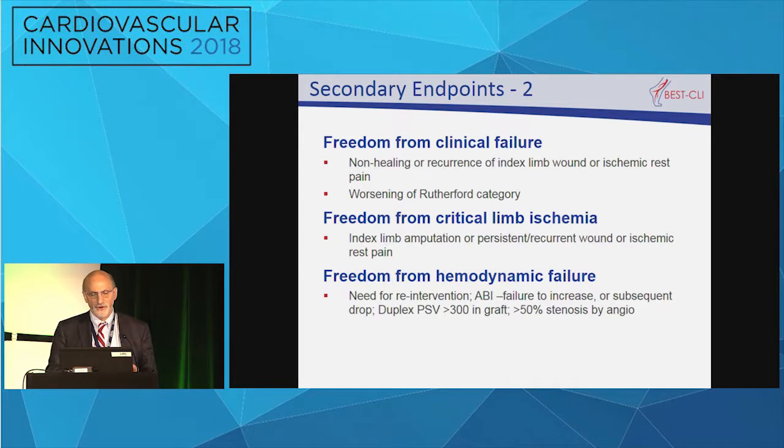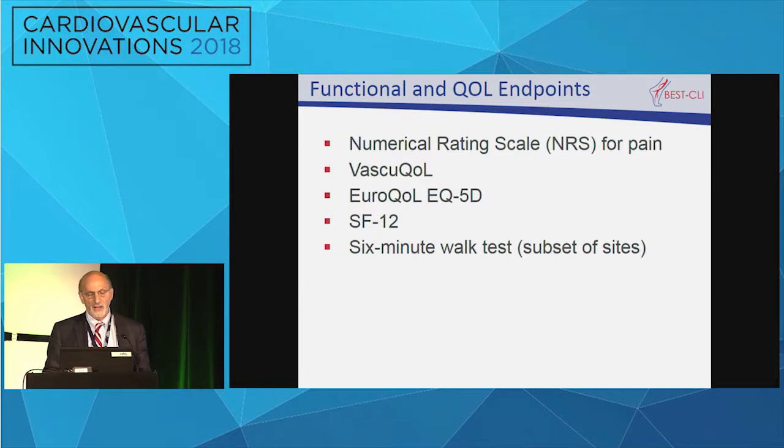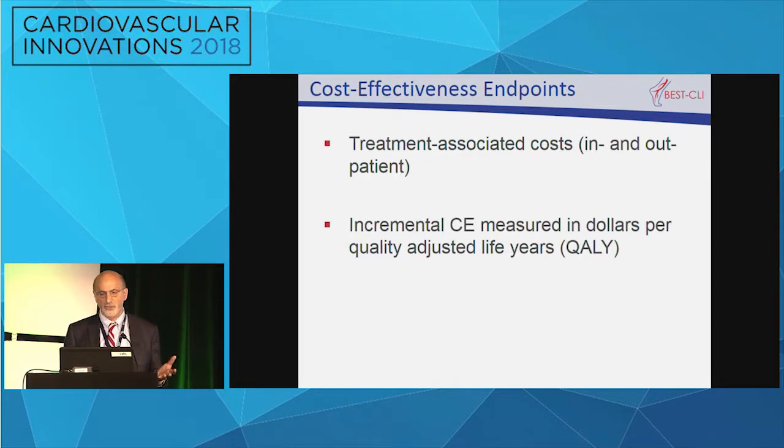Other secondary endpoints are freedom from clinical failure, freedom from recurrent critical ischemia or ongoing CLI, and freedom from hemodynamic failure. So we're capturing all these things within the context of the trial, as well as quality of life and functional status of the patient. So we take lots of testing. The coordinators get beat up, I guess, by having to do a lot of surveys on their patients. But at the end of the day, it's going to be a very rich source of data that will really inform us in the future about what to do with these patients.